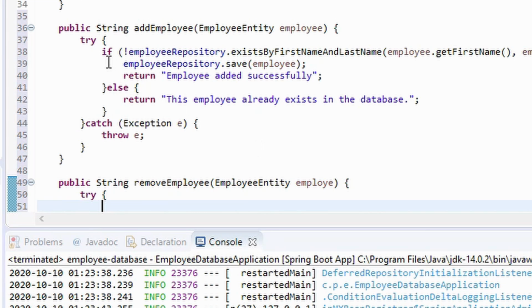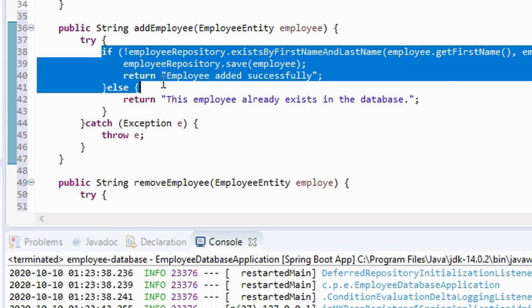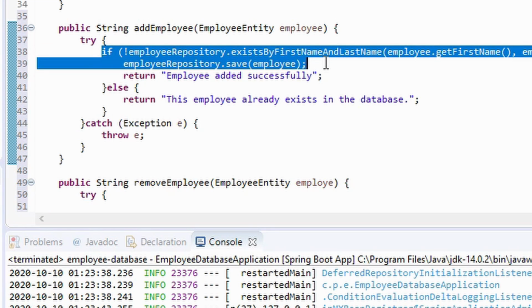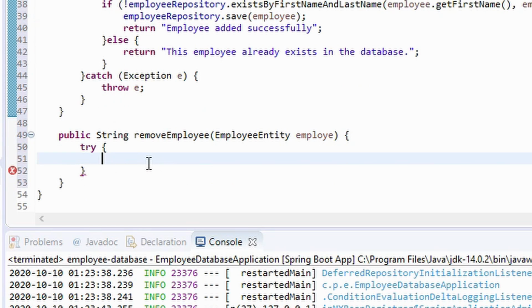Let's add the try catch block here as well, and we will try to remove the employee. Let's copy the entire code from the above method.